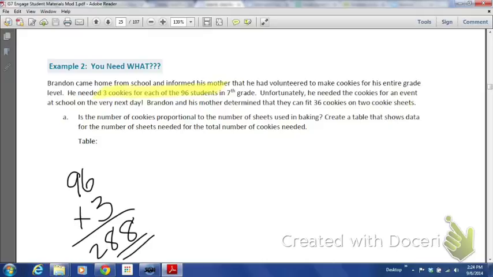But now this part right here, Brandon and his mother determined that they can fit 36 cookies on 2 cookie sheets. So why don't they just say 18 cookies on 1 cookie sheet? Right? So the idea is that these guys are,